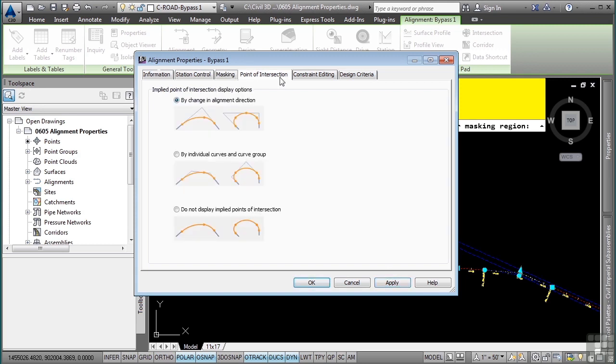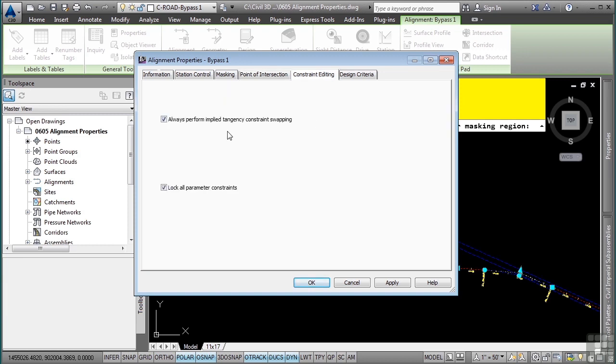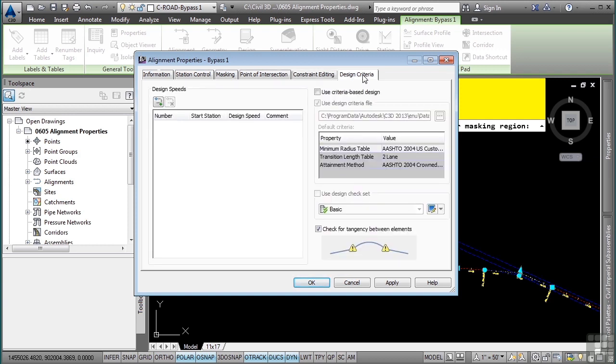The Point of Intersection tab is where you define, when you select an alignment, how you want to allow it to change the individual curves and curve groups and so on. The Constraint Editing tab is also where you define how it should make edits as you select the grips and move the alignment around. The Design Criteria tab is where you will define any kind of design criteria